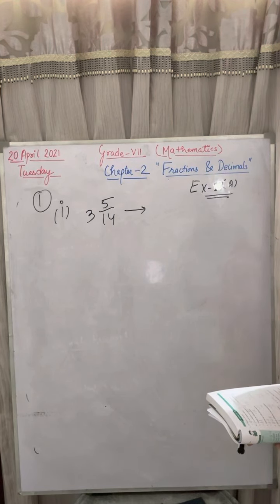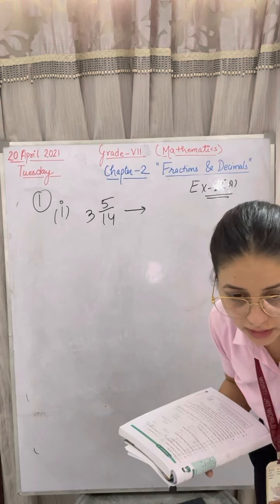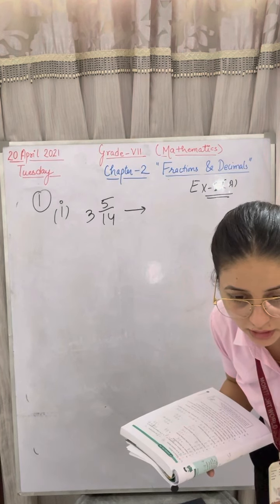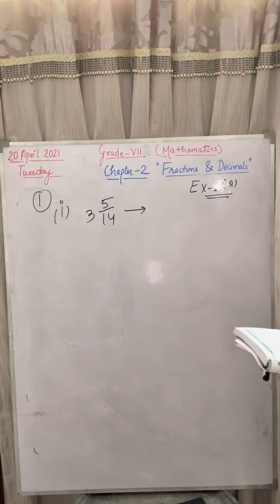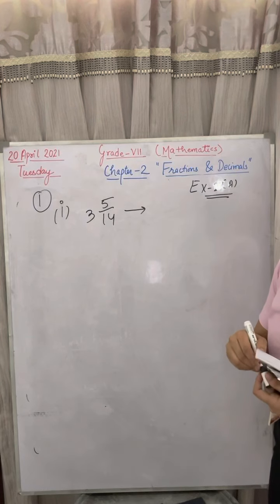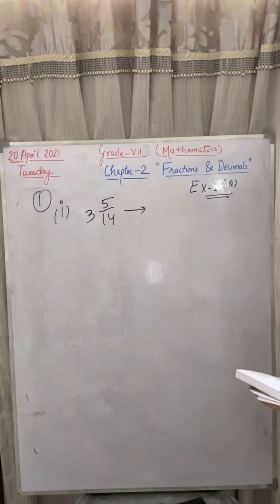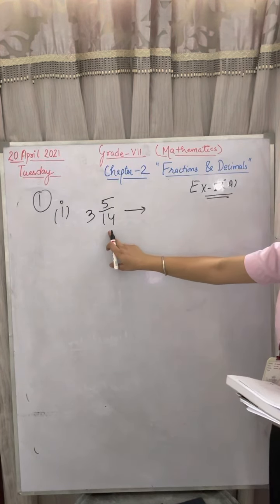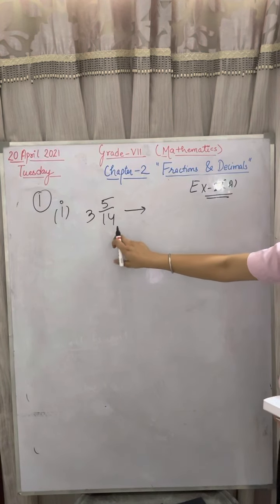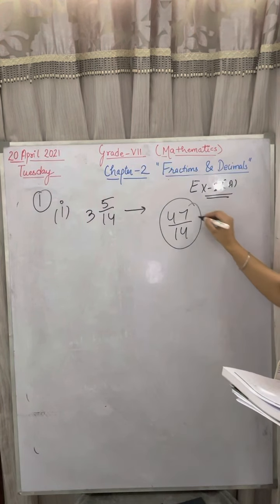Kartike, you have to convert this mixed fraction into a fraction. Okay. Angel Goyal, Rachel, Vanshika, no. Naman, yes, the answer is correct. Naman, your numerator is wrong. 14 threes are how much? Some are writing 52, some are writing 42. Yes, 42. 14 threes are 42. Yes, 42 plus 5. How much? 47 upon 14. This will be your answer.